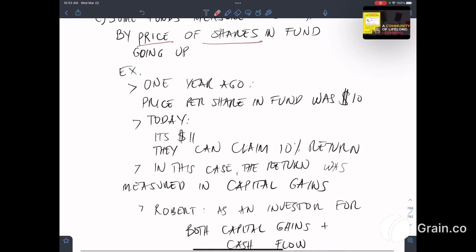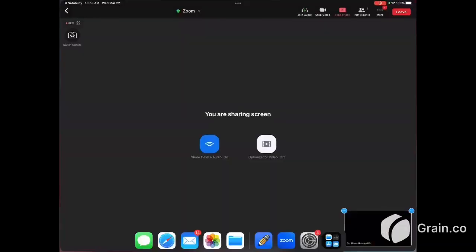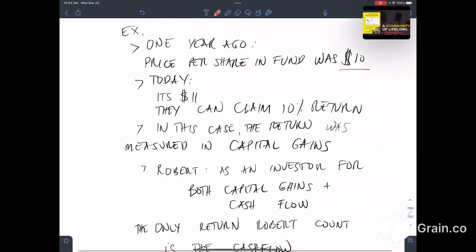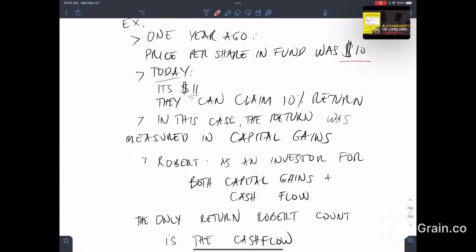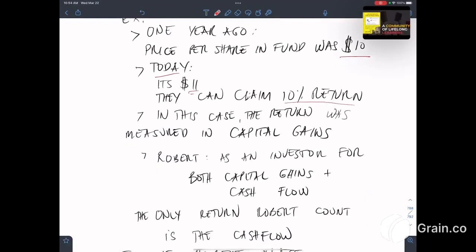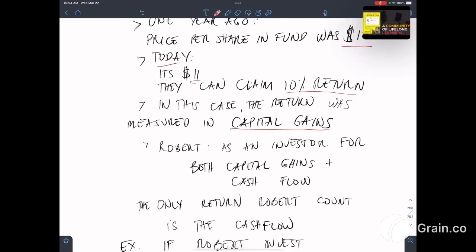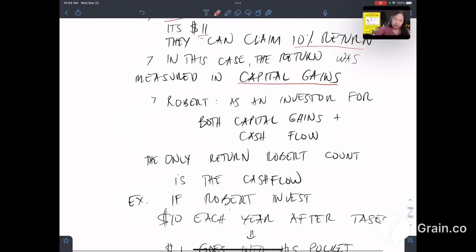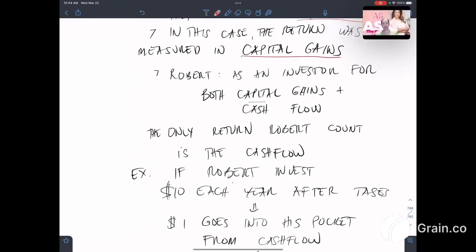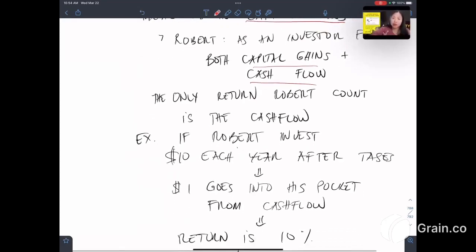So for example, let's say 1 year ago, the price per share in the fund was $10. Now, today, it is $11. So they can claim that 10% return. In this case, the return was measured in capital gains. Now, Robert, as an investor for both capital gains and cash flow, the only return that Robert would count